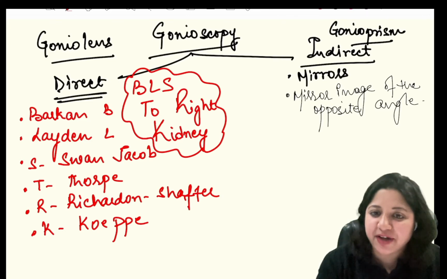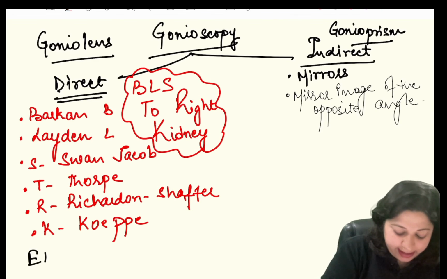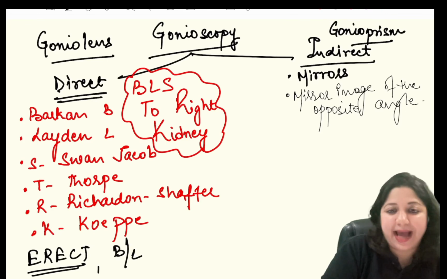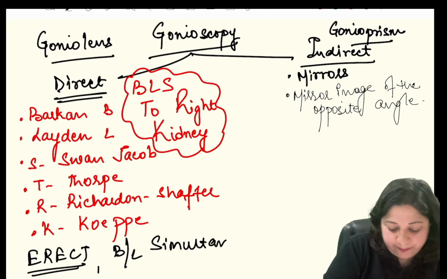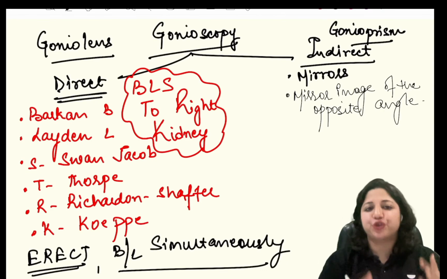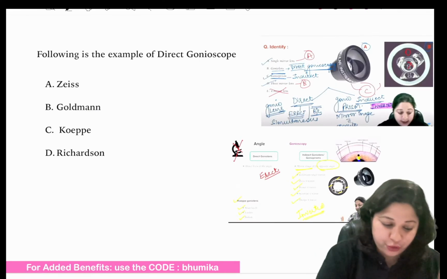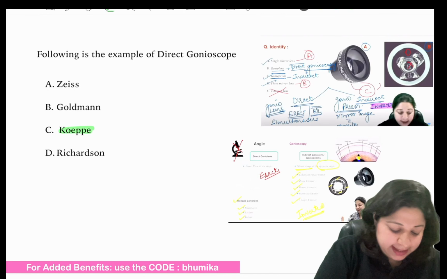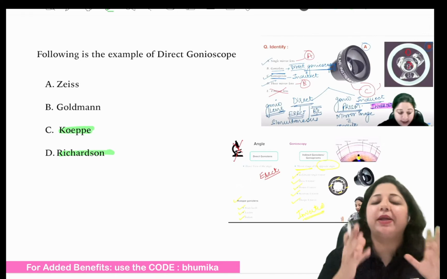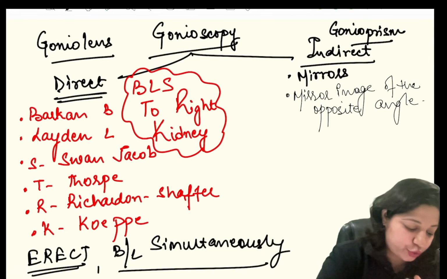So this was a direct question asking about gonio lenses, and to remember, they give you an erect image, and you visualize both the angles simultaneously. Right? So this was the BLS to right kidney. So if we see BLS to right kidney, what do we have? Zeiss, Goldmann, no. So the correct answer here was C and D, which is Koeppe's and Richardson Schaeffer lenses. So the direct gonio lenses are Koeppe's and Richardson,